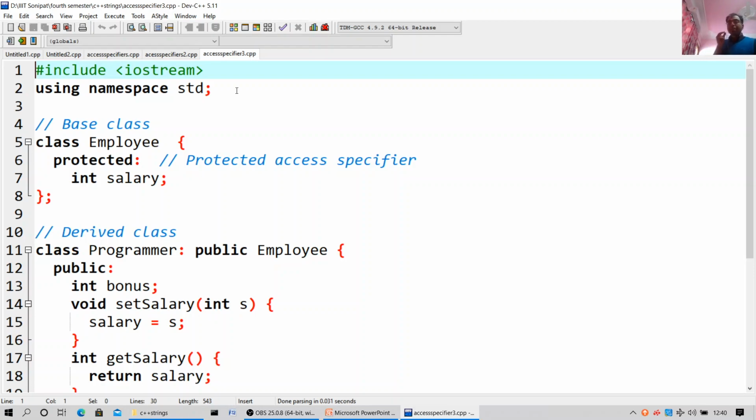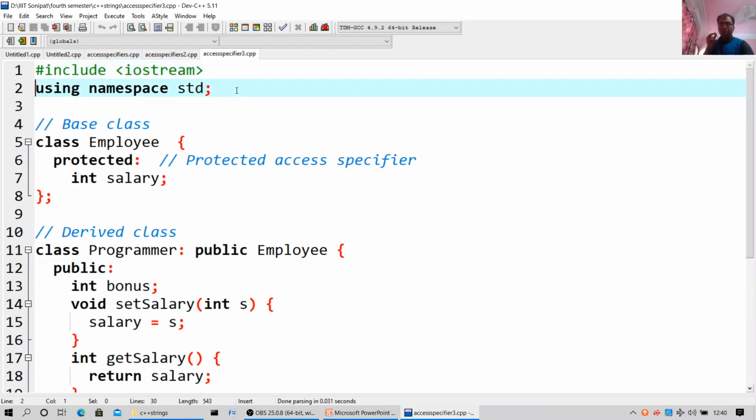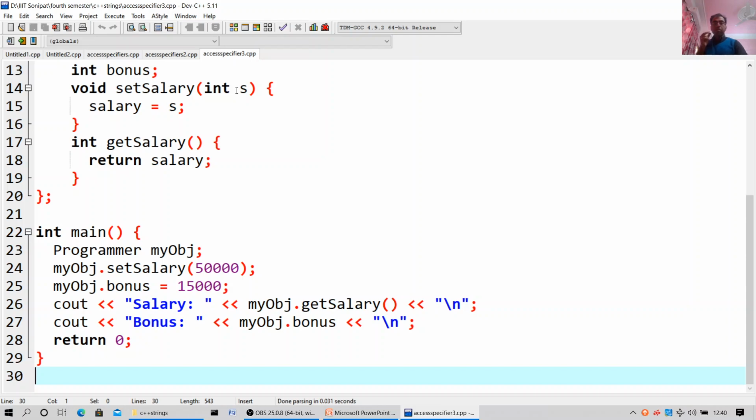Void setsalary int s, salary is equal to s. s is a variable which I am declaring over here. Int getsalary, return salary. So getsalary is a function over here.